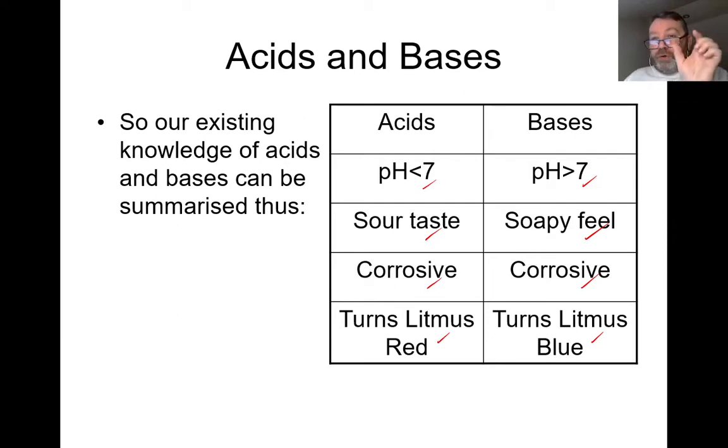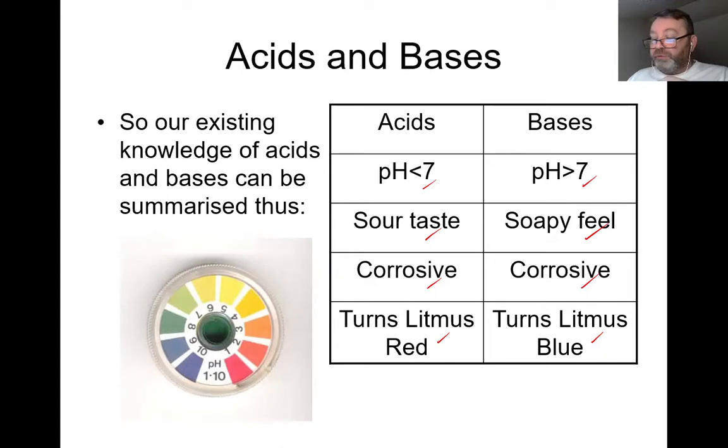And there was one other piece of paper that we could have used, which I'll mention here, but I'll talk about later on, which was called universal indicator. Now, universal indicator revealed the strength of the acid or the base. Here, down at this red, strong. Up here, neutral. And up here, that's a strong acid, by the way. Down here, strong bases. So we're moving from neutral to strong acids this way, and from neutral to strong bases